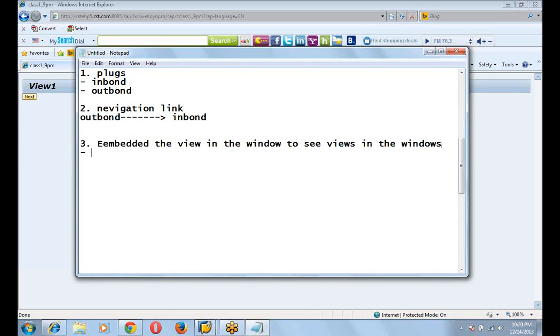How will we do this? Drag and drop. Another option is embedded.